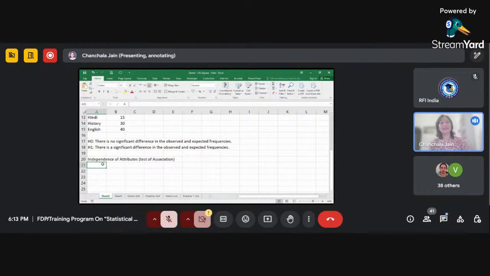So when I say the second type of chi-square test, which is independence of attributes, here we will have two categorical